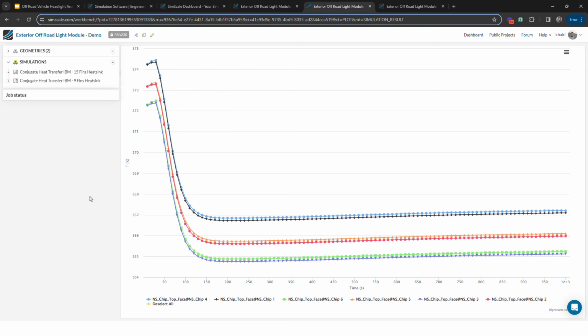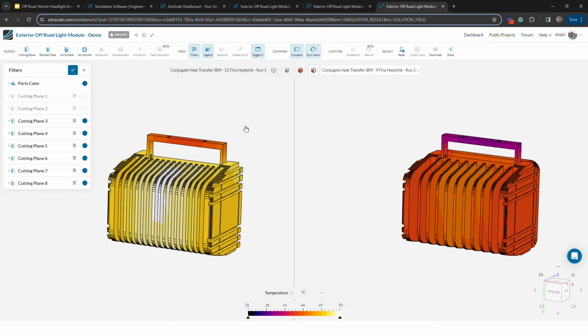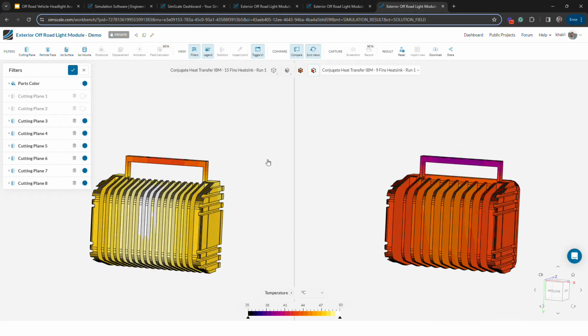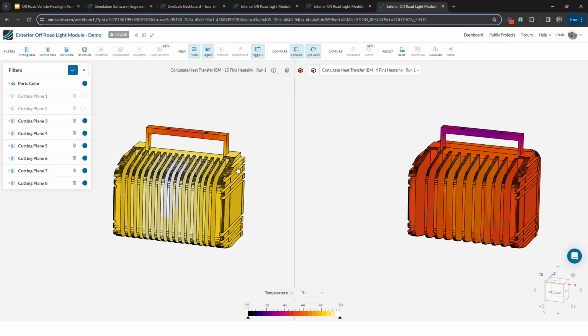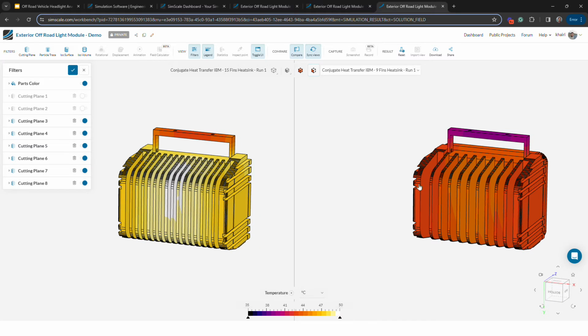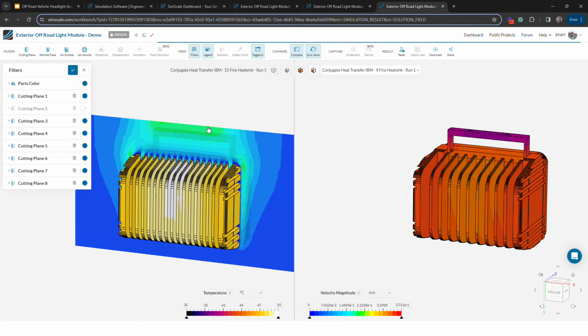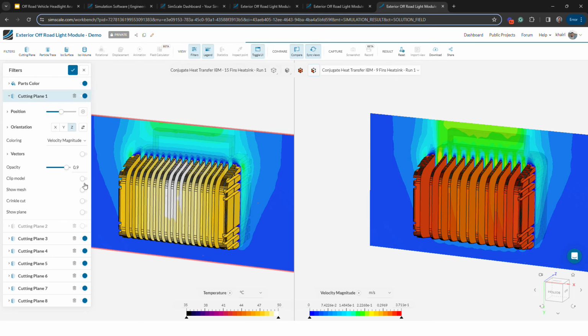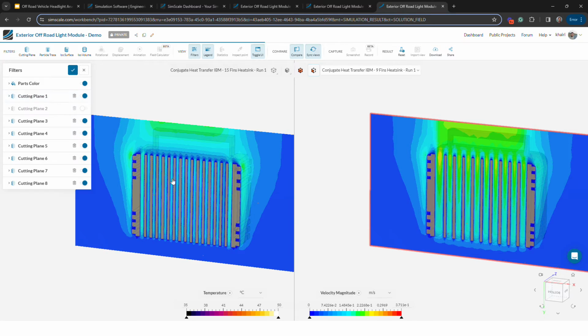That's already good insight, right? But we would like to understand why that is the case, and for this, I can now compare the two designs side by side inside SimScale. On the left-hand side, we have the design with the 15 fins heatsink, and on the right-hand side, the design with the 9 fins. Clearly, we see from the temperature distribution that the 15 fins heatsink design does have a higher temperature in comparison to the 9 fins one. We see values, as we measured earlier, around 49 to 50 degrees Celsius, whereas here the legend shows mostly around 44 to 45 degrees Celsius. Now we can try to understand this a little better by creating a cutting plane where we visualize the velocity distribution inside the fins.